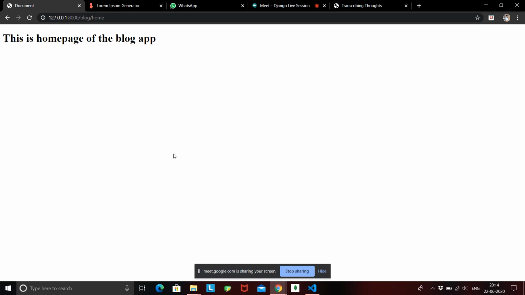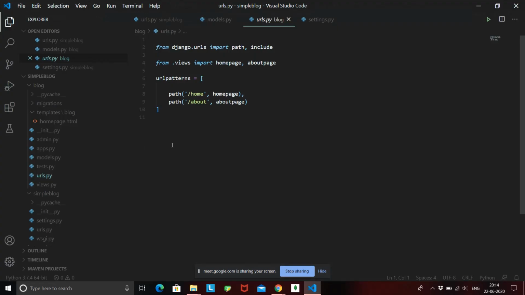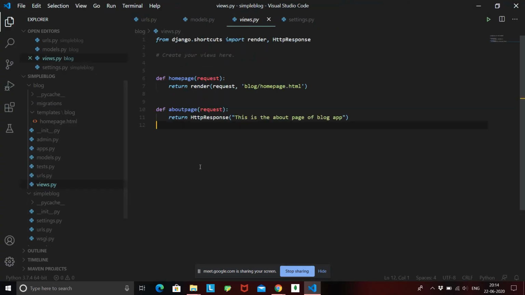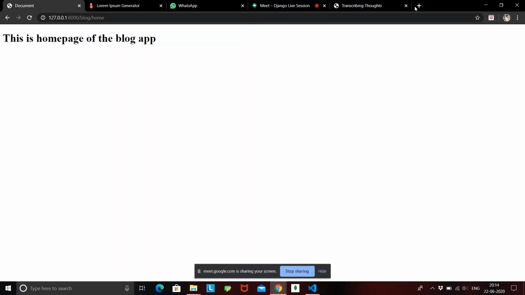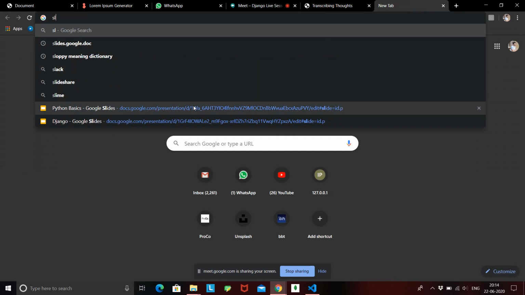So how can I do that? Let's see how we can take the data from the database and display it on the template. For that, in our code editor, inside the views.py file, because these functions are going to handle all your data in the database, right? In our PPT, inside that main diagram, we saw that views is connected to the database, right? So let me show you guys again.